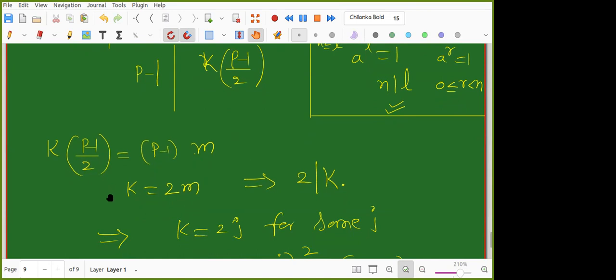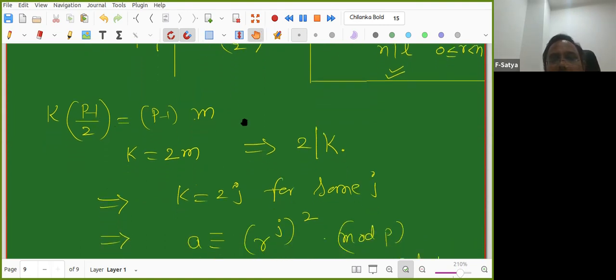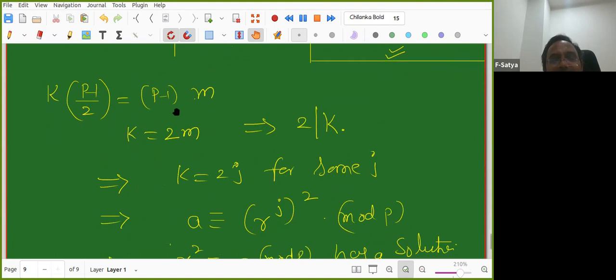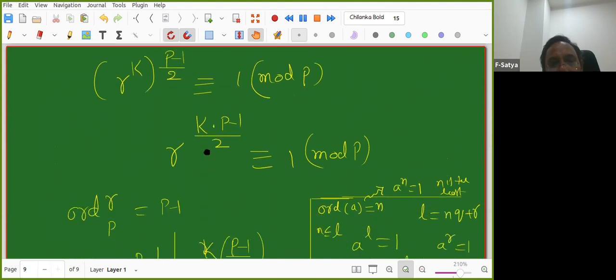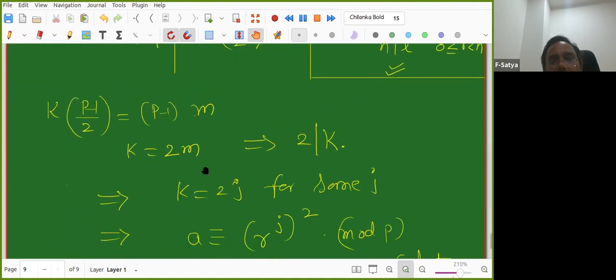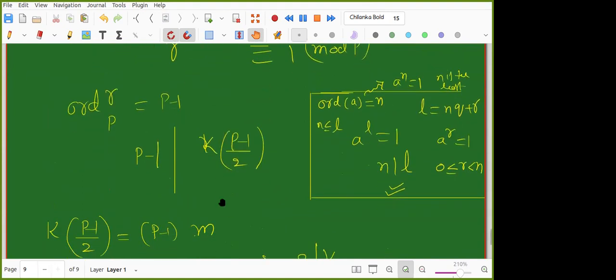So all this is clear. But your question should be something else. You need to ask again, in such a way that there is another way to ask your question. As such, I do not see any difficulty or any mistake in writing this way. Finally I proved k equal to m and 2 divides k. But you need to object at some place, not that I take k equal to 1. Why would I take k equal to 1? I'm not going further.